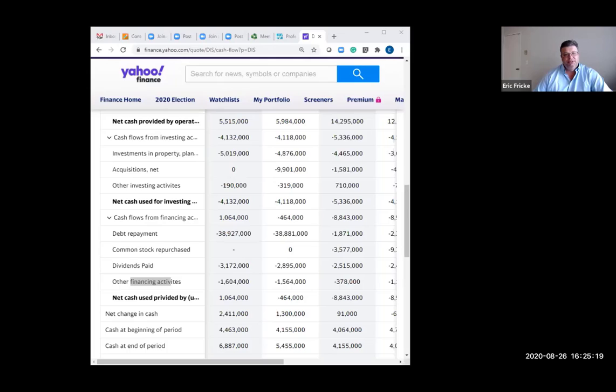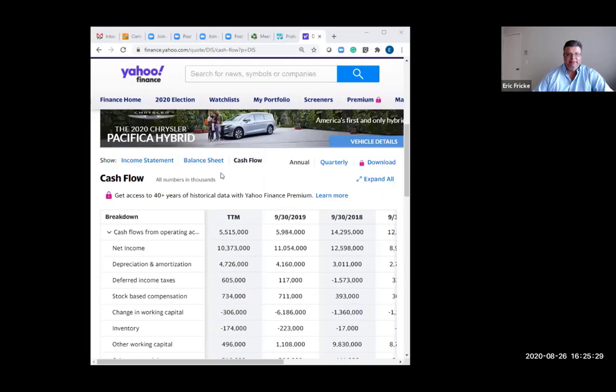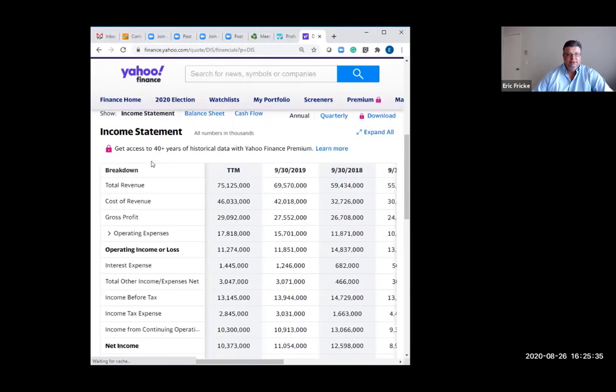I'm going to show you where some of these numbers for calculating the free cash flow exist. So the first thing we need in that equation was EBIT, right? And so EBIT's going to be on the income statement. So we go to the income statement, and it looks like we're looking at the annual income statement